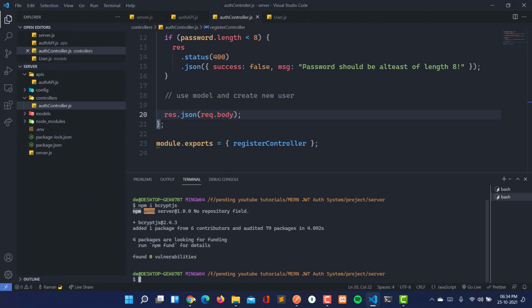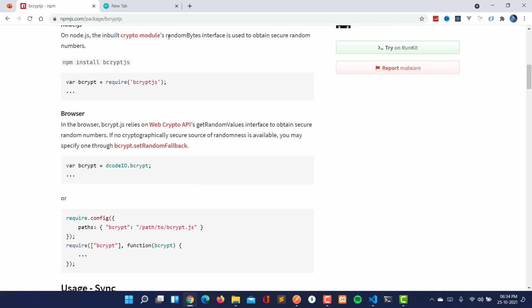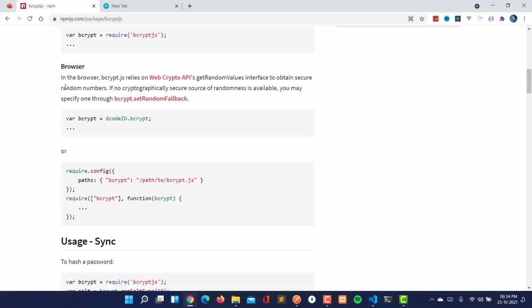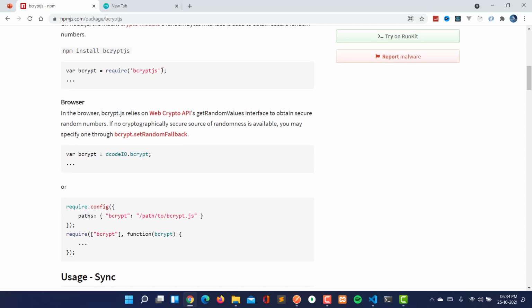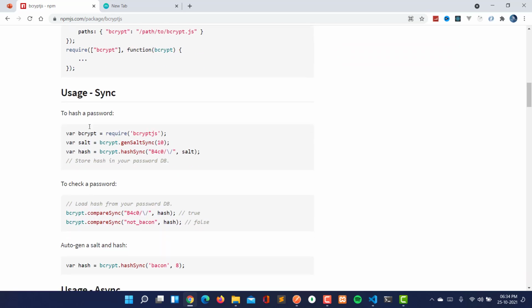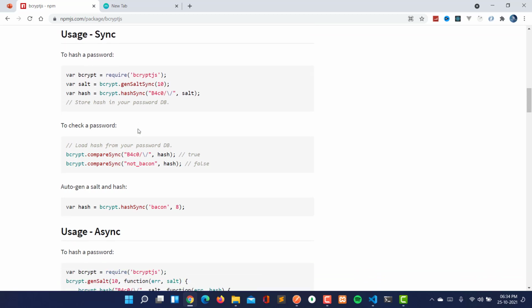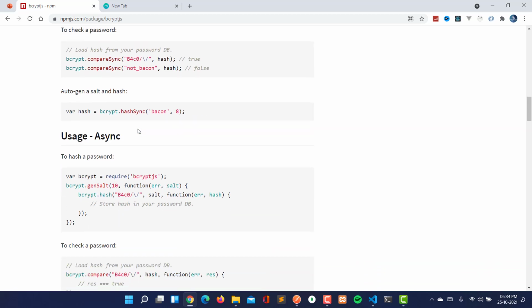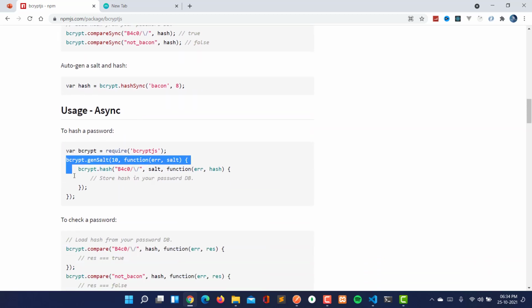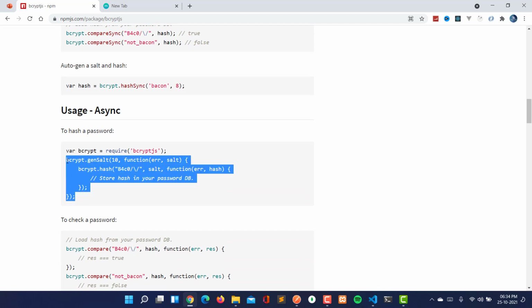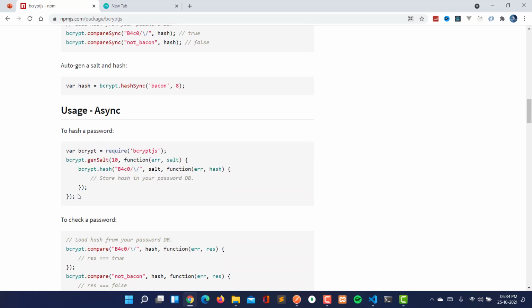When we go to the browser and see the bcrypt.js documentation, here we can import the bcrypt like this, and we can see that we can use async await here. First of all we can create the salt, and then we can create the hash here. We are going to use this only, and by this we are going to set the hashed password here.